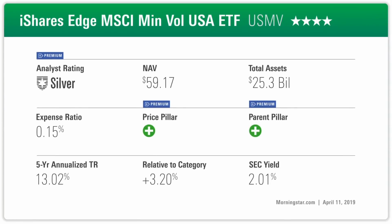So the first fund that you mentioned is the iShares Edge MSCI USA Minimum Volatility ETF. The ticker for that is USMV. So this ETF looks to create the least volatile portfolio, not possible, but a less volatile portfolio within sort of the universe that is the MSCI USA Index, which is an all-cap US equity benchmark. So it doesn't necessarily take the least volatile stocks out of that universe. It looks to combine stocks that have different characteristics that in aggregate have a much less volatile profile than owning